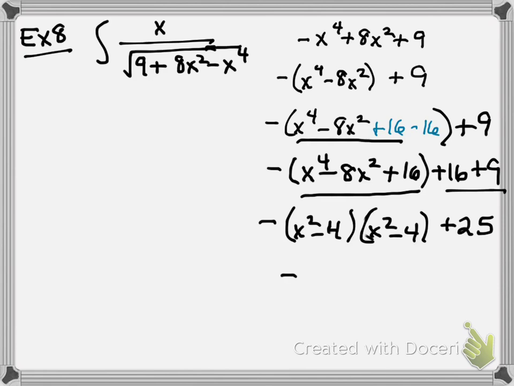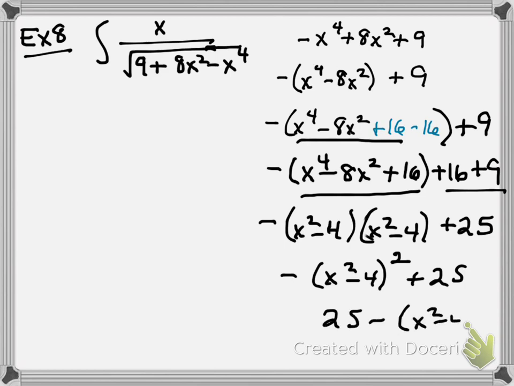And so then that is x squared minus 4 squared plus 25. And I could reverse that order and make that 25 minus x squared minus 4 quantity squared. So I have taken this thing that was right here and transformed it into this. Something that I have,